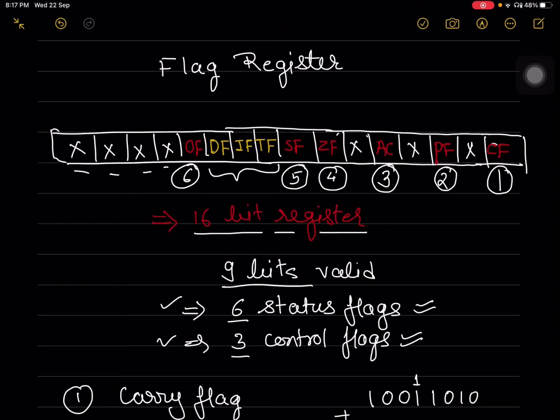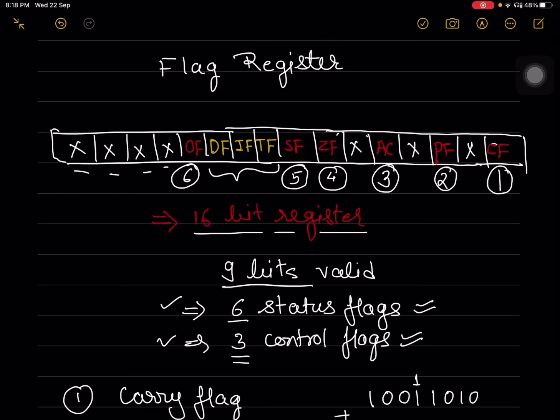The status flags are those flags which give the status after performing the arithmetic and logical operation in ALU. The result obtained has a certain status which will be copied into the flags, and we call it a status flag. On the other hand, there are 3 control flags which control certain operations of the microprocessor, and hence we call them control flags.